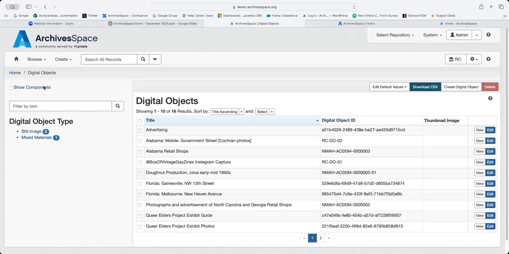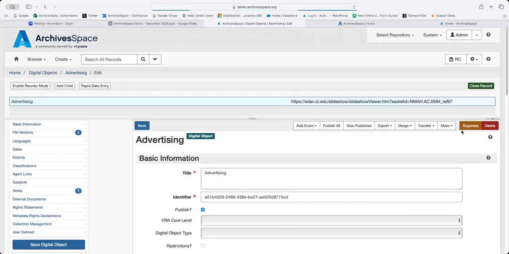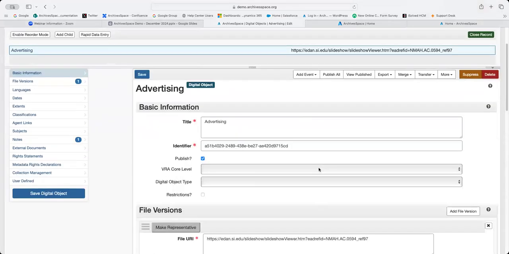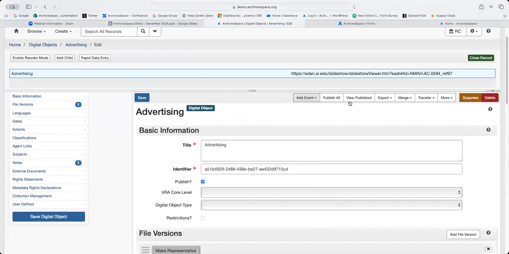But I will show you an example of both a complex digital object and a simple digital object. Just know that there's no right or wrong answer about how to describe your collections as either simple digital objects or complex digital objects, and you'll see that in just a minute. So the first example I'm going to show you is of a simple digital object. At this point, this probably looks very familiar. It looks very similar to a resource record, but again, the information being described is different because it is specific to digital materials. This is saved, so you can see again we have a variety of options available to us, including that ability to export the METS, MODS, or Dublin Core metadata.